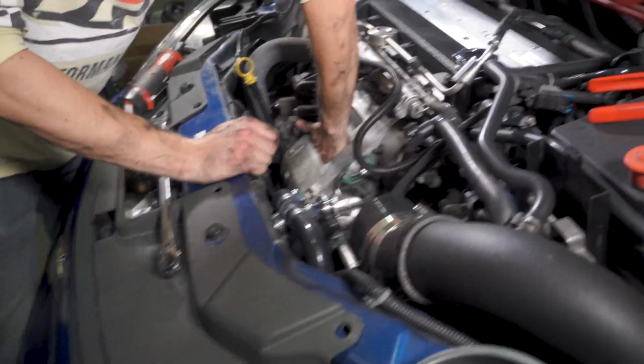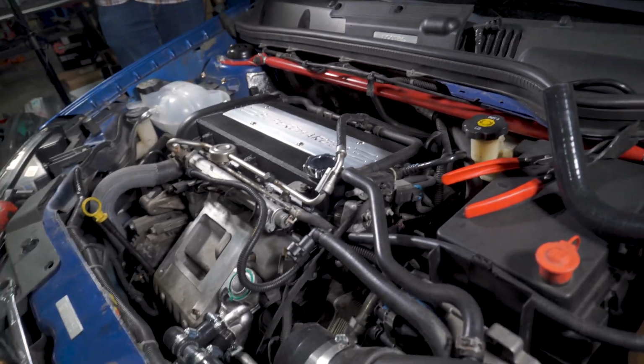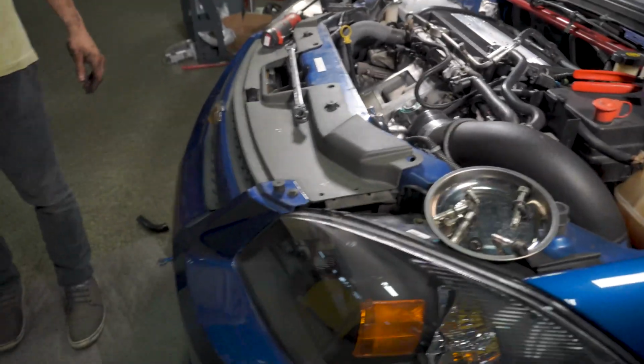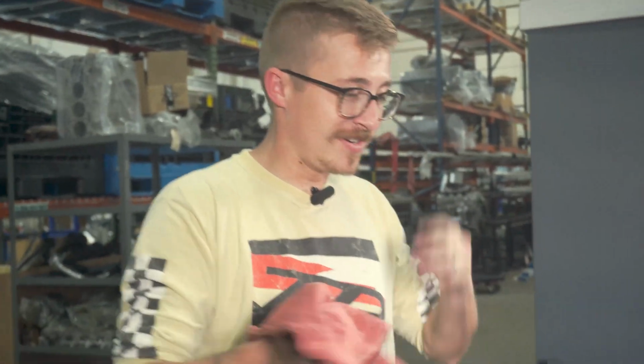No. We're so close. No. Oh no. We gotta take the manifold back off. What the f? Now that you've witnessed my very rookie mistake of dropping a bolt down there, Al saved the